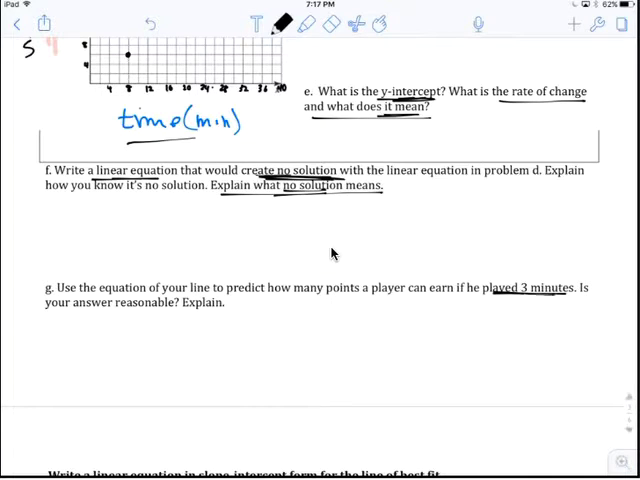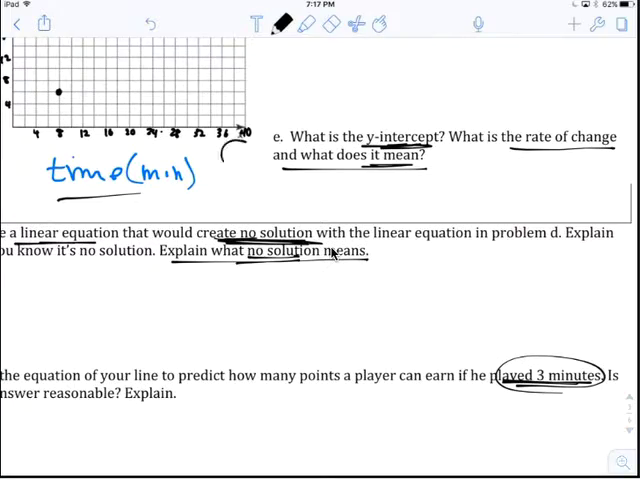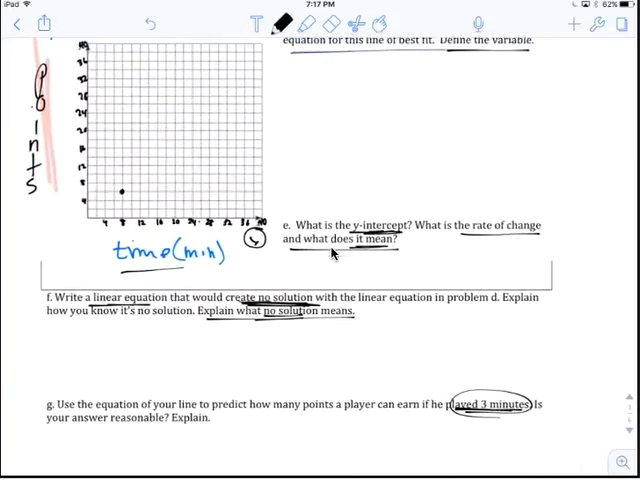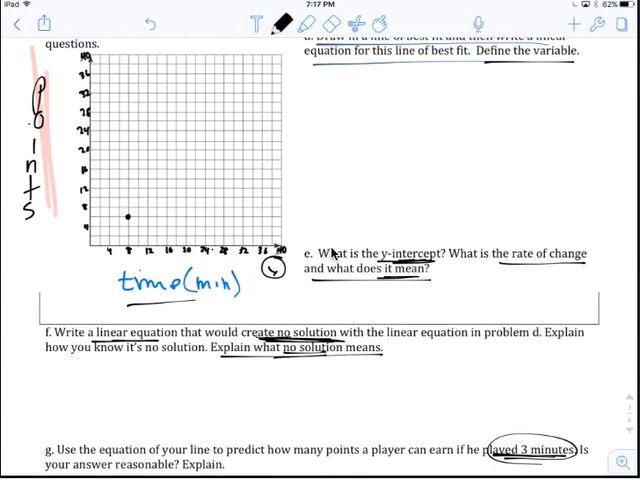3 minutes. Oh, that's important. 3 minutes. The minutes is x. So given x, find y. So this is on your test. I don't know what your equation is. Say your equation y equals